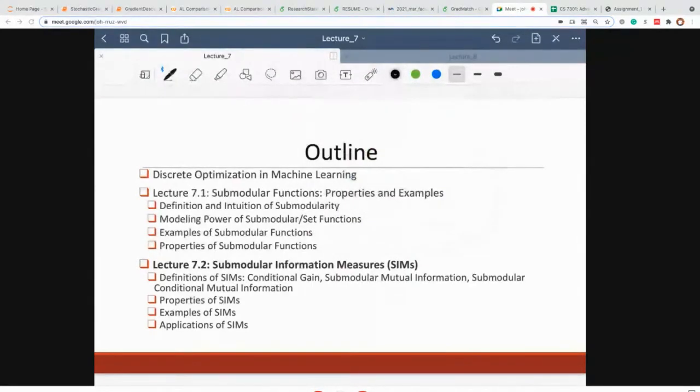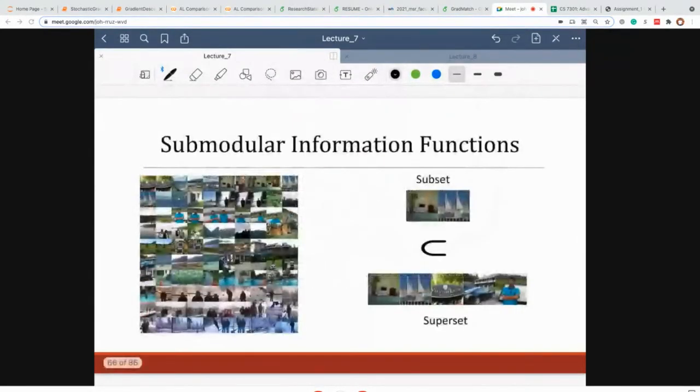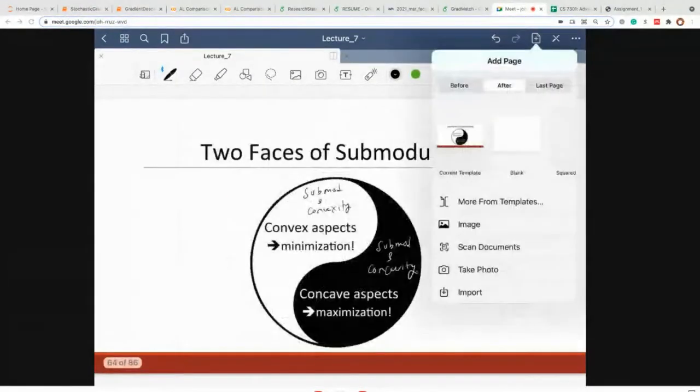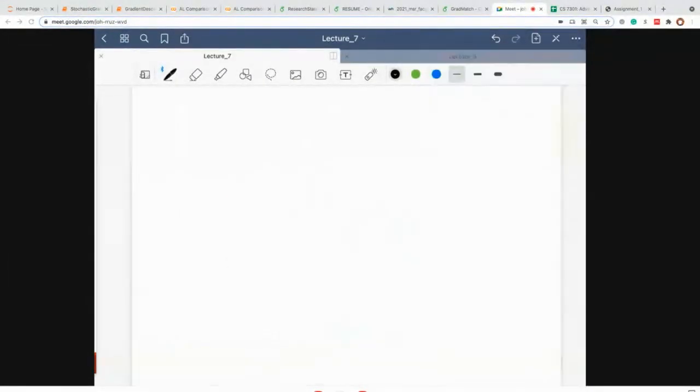Okay. All right. So now we will talk about the second part. And actually we are almost done now on the properties. So now we'll get to the second part, which is the submodular information measures. But before talking about that, I'll spend maybe 5 minutes talking about some applications of submodularity, before even getting into the optimization. Just from a modeling perspective, I think we spoke about this a little bit last time, but I'll still reiterate: what are the scenarios where submodularity makes sense, right?